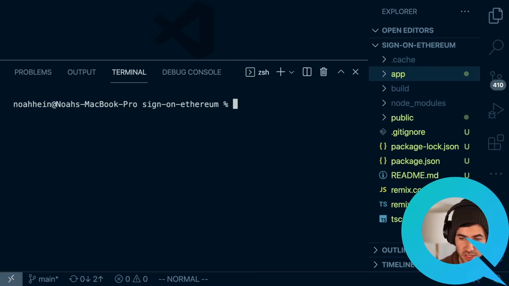To create a Prisma connection, we are going to do npx prisma init, and then we want this flag, --datasource-provider, and then we're going to provide sqlite.